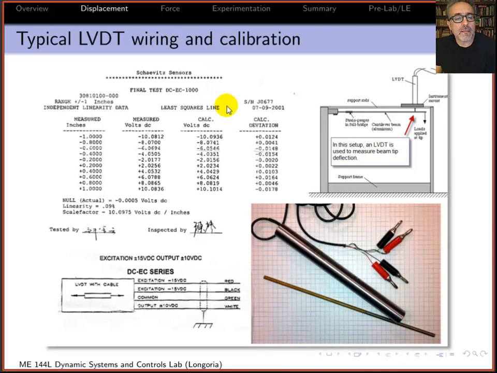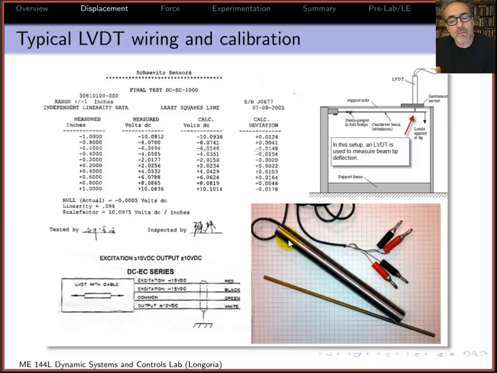Here is a typical calibration for an LVDT, from a Schaevitz type sensor, and this just shows you the core here, and that core slips into the inside of this tube here. You have the 3 coils inside. Many of these LVDTs now have all the built-in signal conditioning and so on,